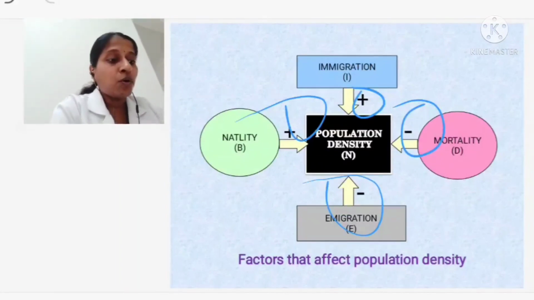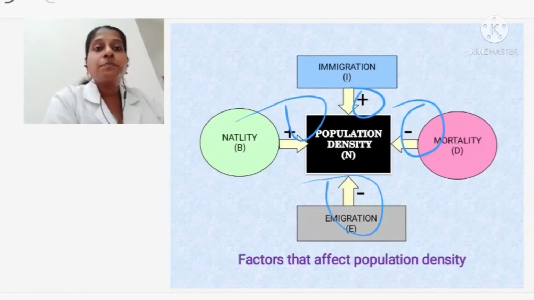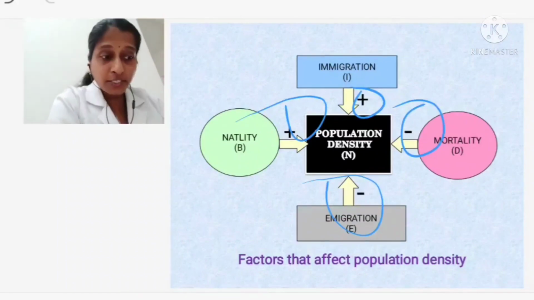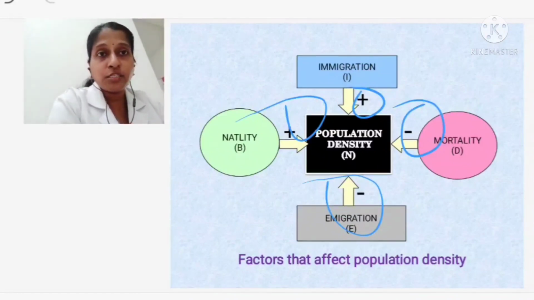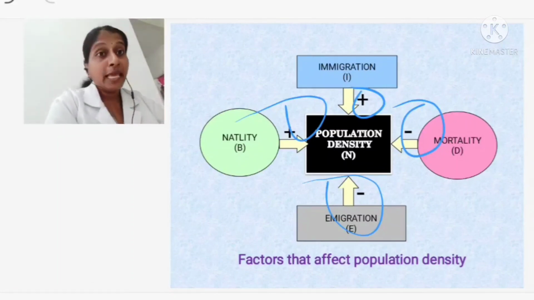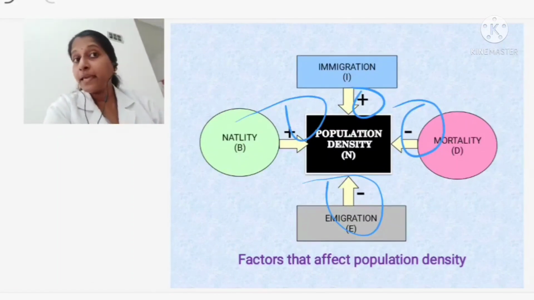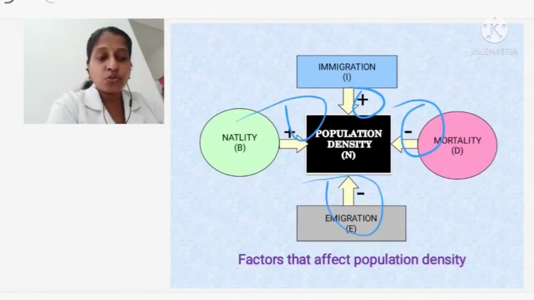That is only for today. So please learn what and all we have covered. We have covered population. What is population size? What is birth rate or natality? What is death rate or mortality? What is sex ratio? Then we discussed about age pyramids. What are the different types of age pyramid regarding the populations? One is expanding, one is stable, and one is declining. Then we discussed what is immigration, what is emigration, IMMI getting in, E moving out, isn't it? And what are the factors which are responsible for the population density increase or decrease? So those things we have covered.